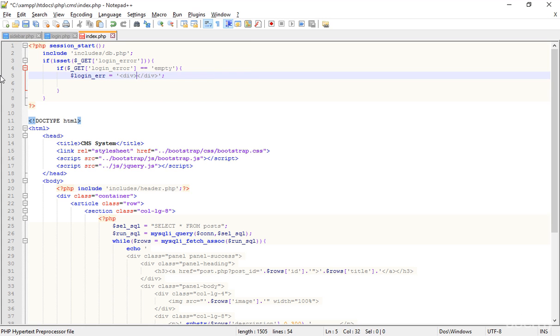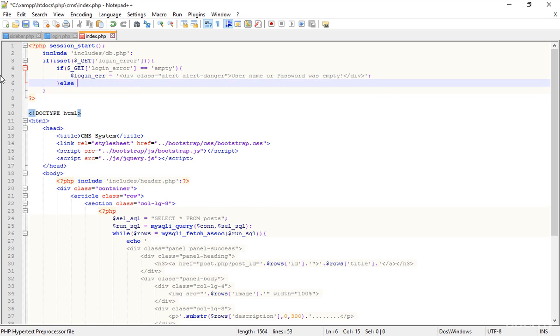Okay, cover that, and here I'm adding the class as well, alert. We've learned about the alert in a previous class as well, so this is not really new for you. Alert and danger. Okay, and here I'm typing some text like email, username or password was empty. Okay, so then I'm creating another, else if,